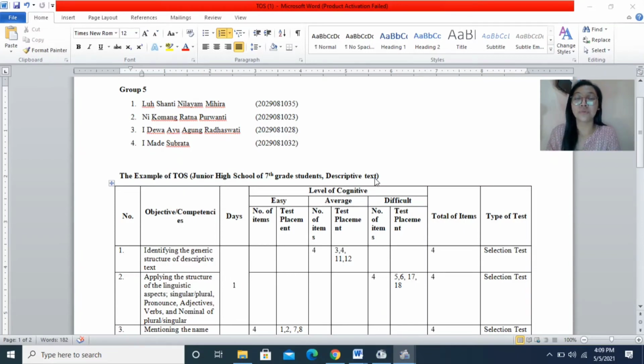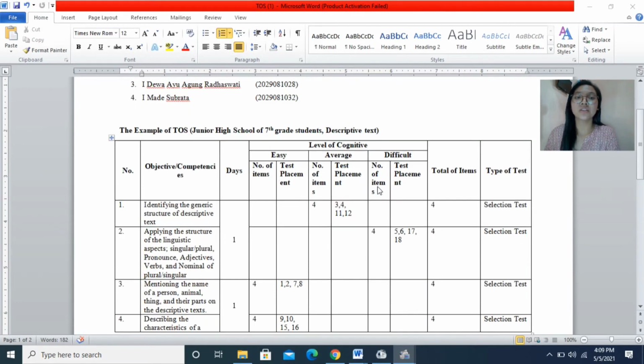We are from Group 5 and now we want to explain our TOS and our blueprint that we already designed. My name is Komang Ratna Purwanti, the first speaker, and now I will explain our TOS. In the TOS, we chose junior high school 7th grade students and use descriptive text to assess students' reading